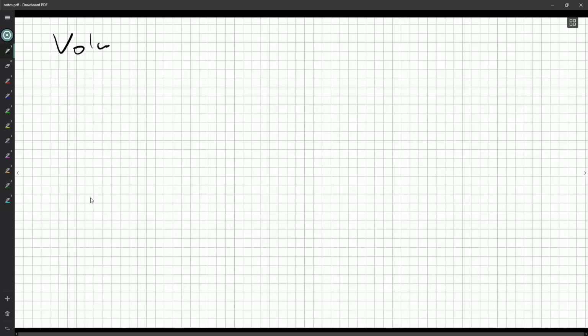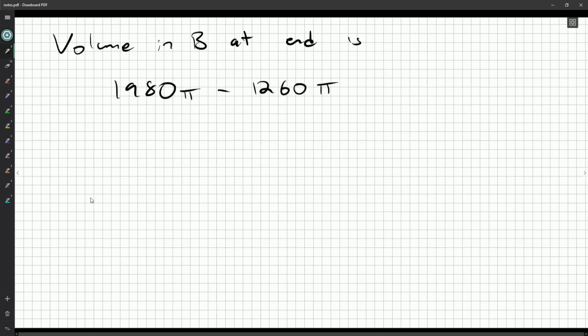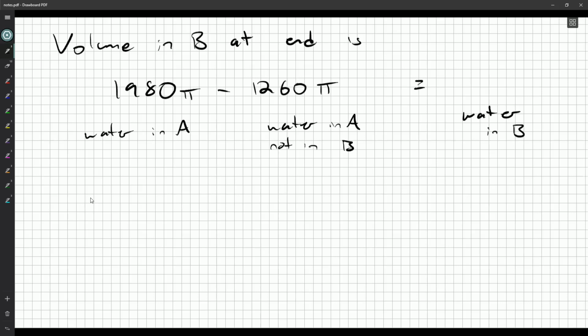So the volume of water in B at the end is 1980, the amount of water that's still contained within A, minus the water that's in A but not in B. So water in A, not in B. And so this gives us the water in B, which is also water that is technically in A, but we're being a bit more specific with it. So 720 pi, and that's going to be our answer